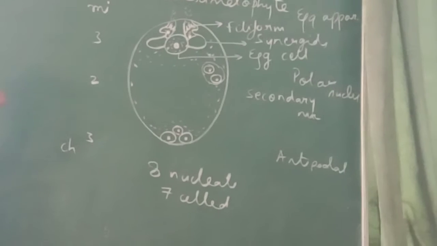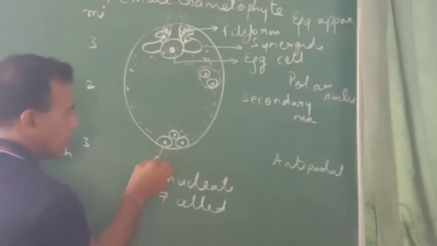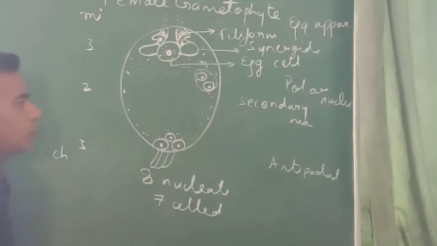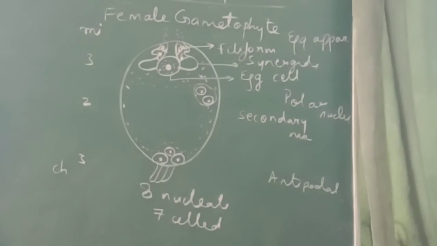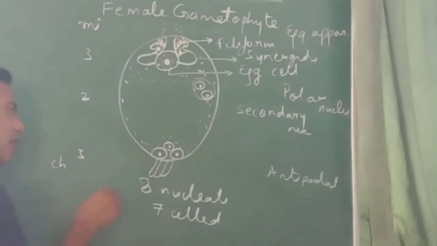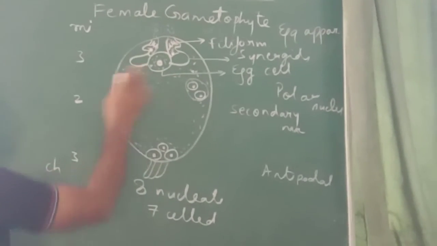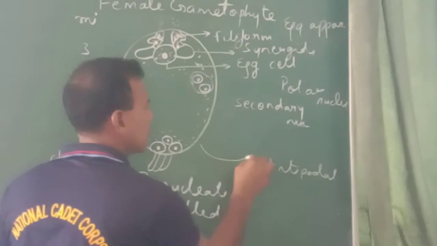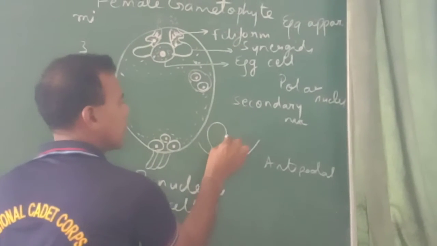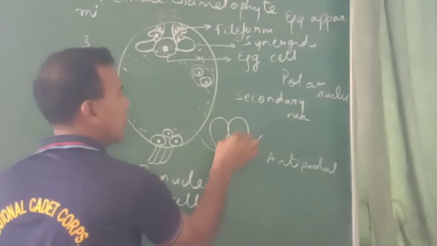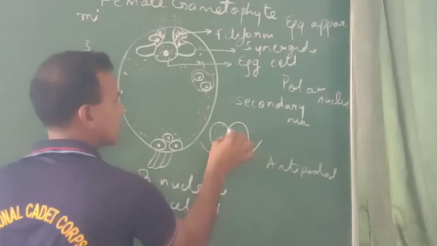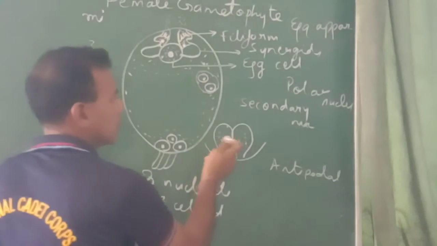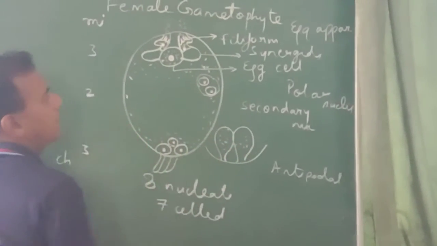In some plants, they may extend out of the embryo sac like this, making haustorial-like structures which help in the nutrition of the developing embryo. In some plants like Ranunculus, these antipodals become large, glandular and polyploid like this. They are highly active metabolically.